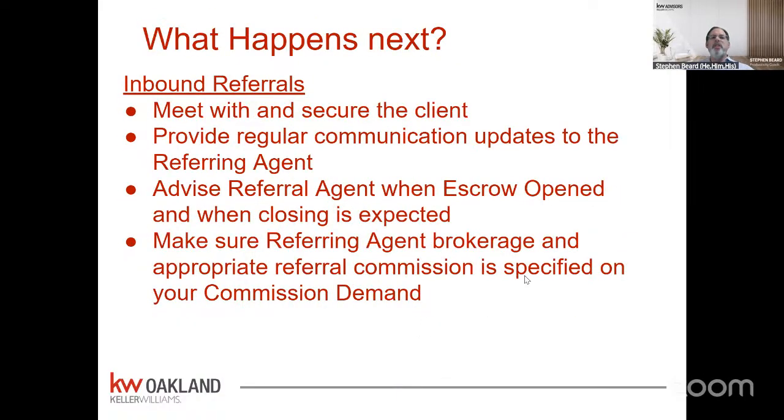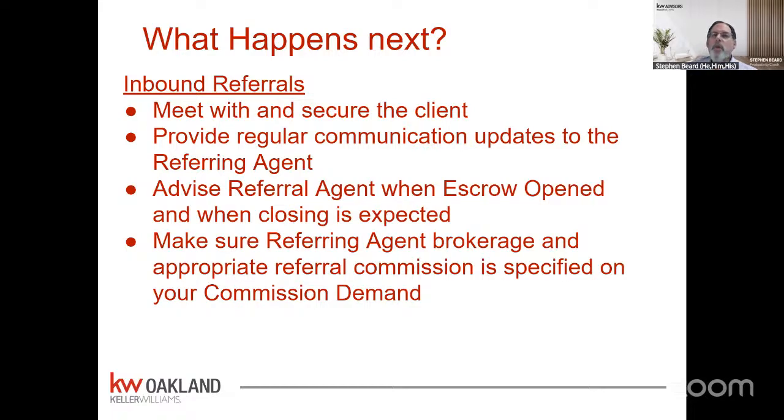Now, let's suppose it's an inbound referral. It's someone that you're going to be helping. The first thing you need to do is establish that trust relationship with someone who's not your client. So you've been referred by this agent, and you're going to meet with them. In many cases, they won't give you a hard time. They're going to think of you as their agent because you were referred, so they don't have to go search for somebody. So you have an edge, but you still need to have them sign the contract to be your client. I recommend you pin that down earlier rather than later. This is a standard of practice.